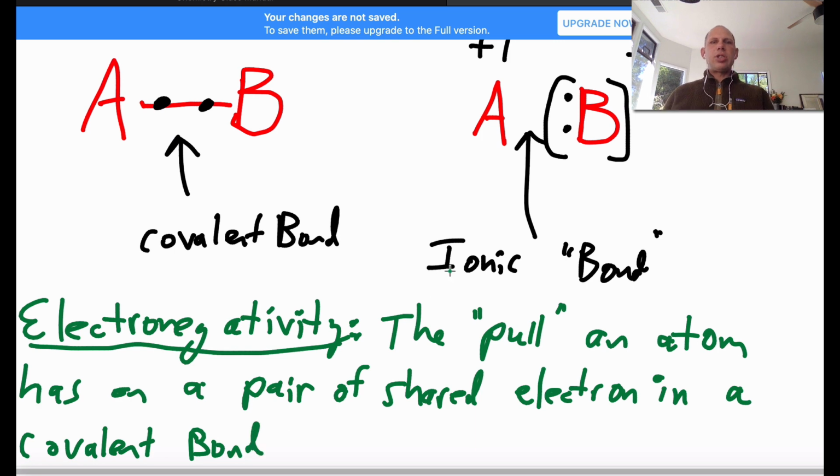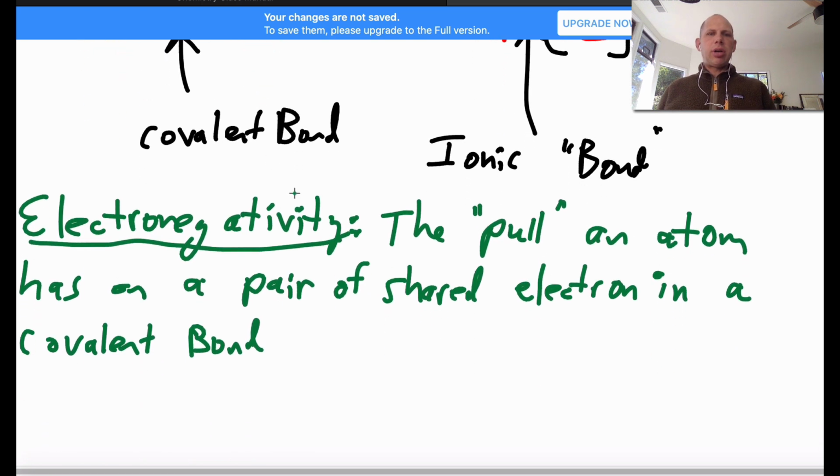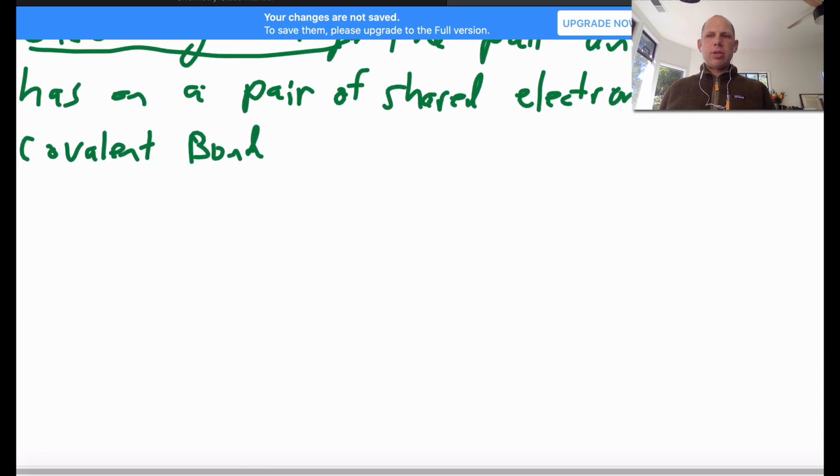So what are the implications of that? Okay, so let's go down here and do it this way. Let's say we have A and we have B. Let's say that A has a lower electronegativity than B. That means B pulls harder. So we have the bond here, and if B pulls harder, that means those shared electrons are going to be